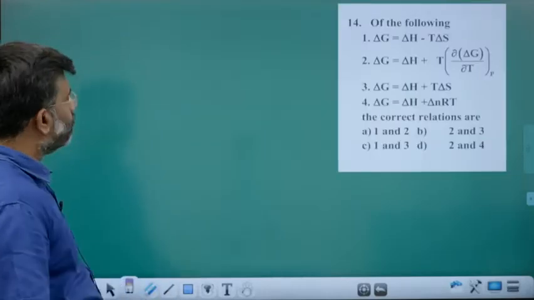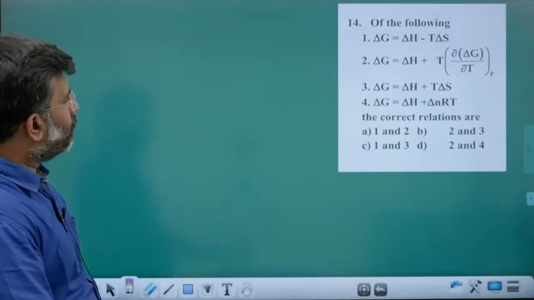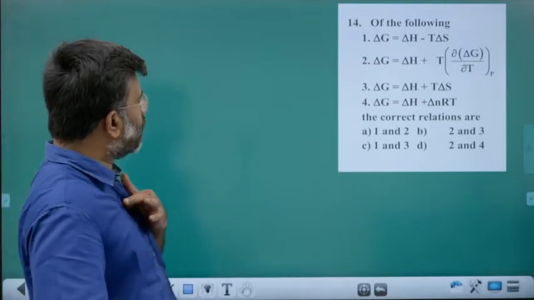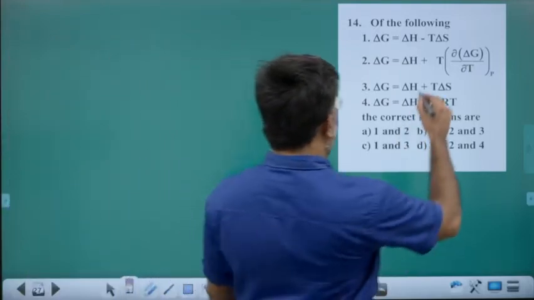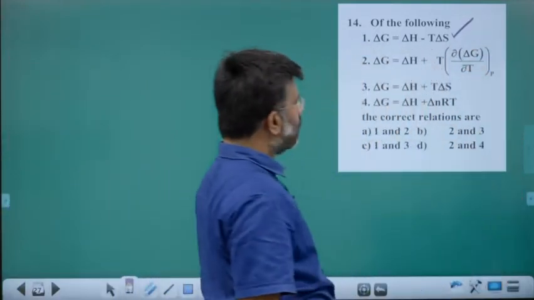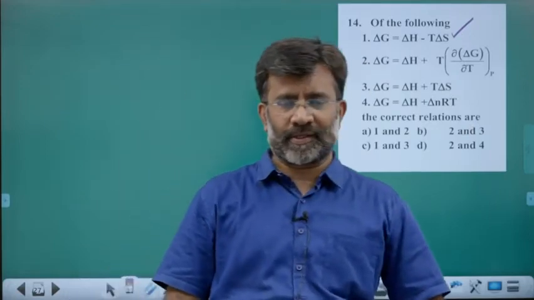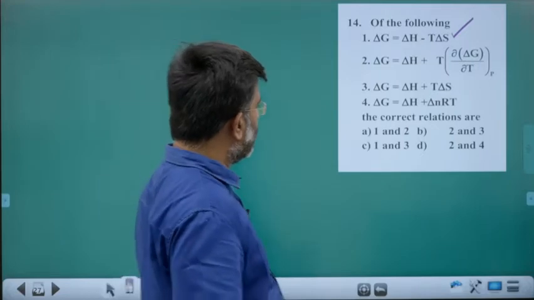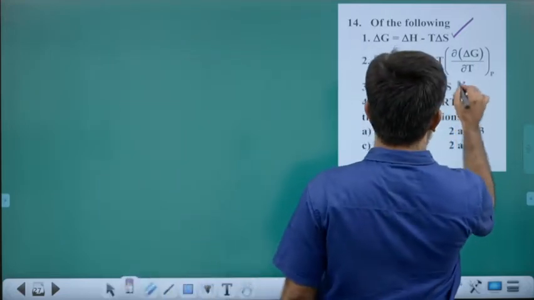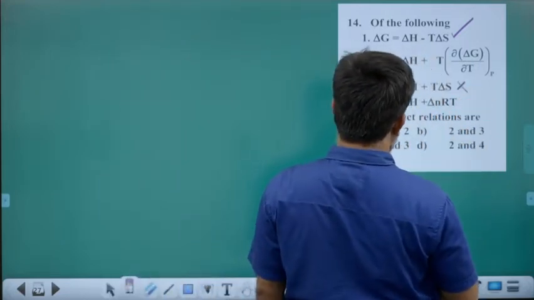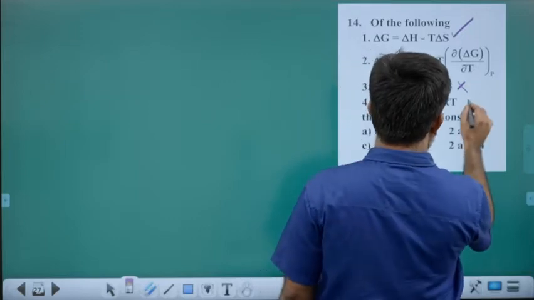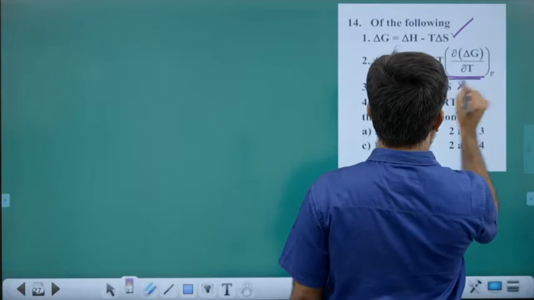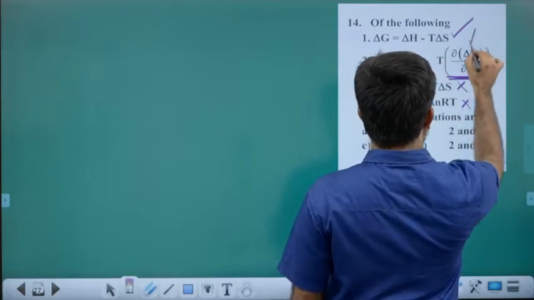Next question. Of the following equations, the correct relations are: this is a correct relation, you know, the Gibbs equation. But the choices tell us that there is one more. Anyway, these two: this is not correct, this is not correct, and this is also not correct. So there is something here. Please understand, this is nothing but